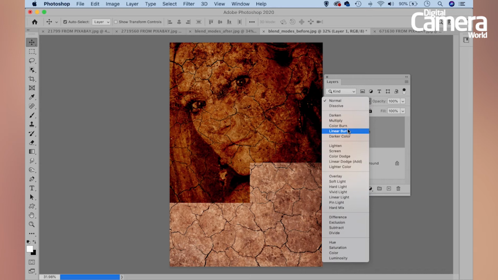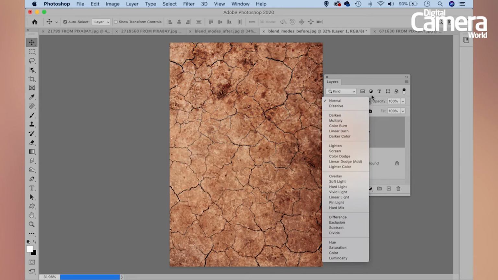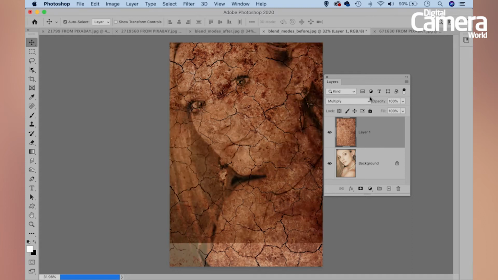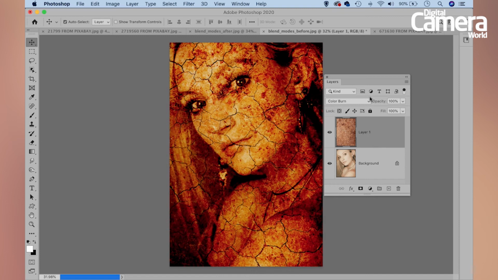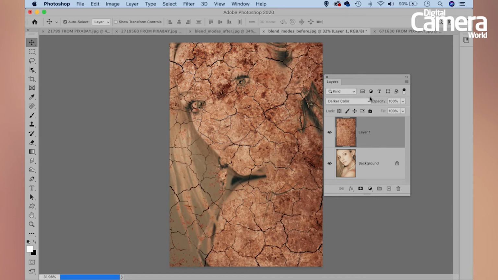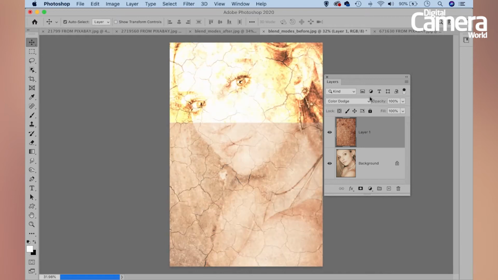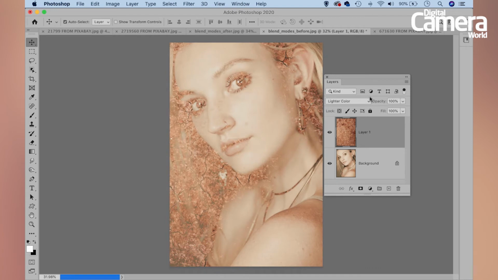Sometimes it doesn't quite load up properly, but we can also cycle through these different blend modes using the keyboard shortcut Shift plus and Shift minus. So I'll quickly cycle through them with Shift plus, and you can see how each blends the cracks with my portrait in different ways. So you can see we can create all kinds of interesting effects by blending our two